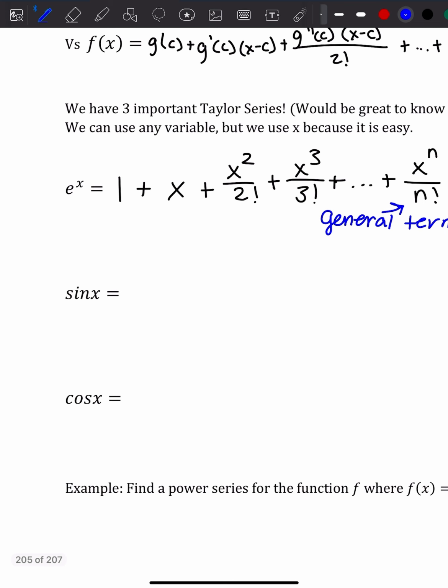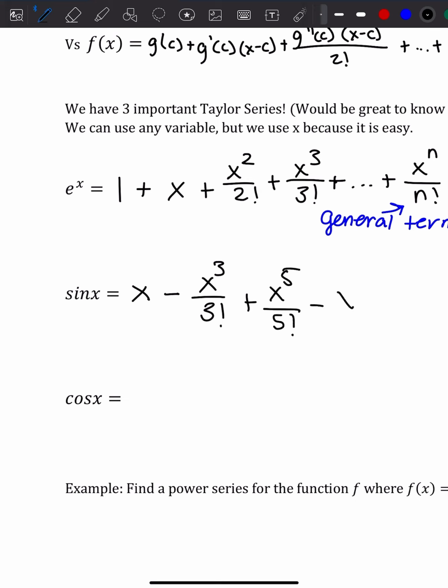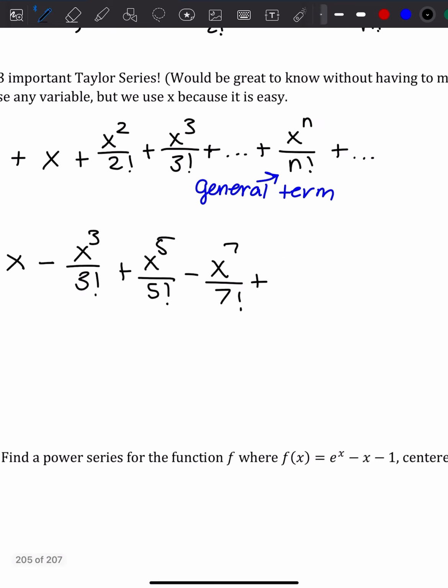Okay, so the next one we're going to look at is sine. Sine and cosine kind of go together, but because sine and cosine at certain values go to 0, we get rid of the non-zero terms. So sine's Taylor series is x minus x cubed over 3 factorial plus x to the 5th over 5 factorial minus x to the 7th over 7 factorial plus